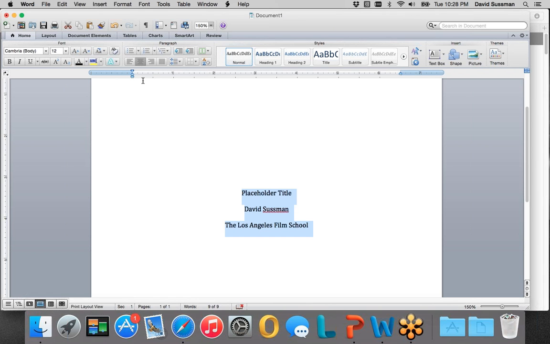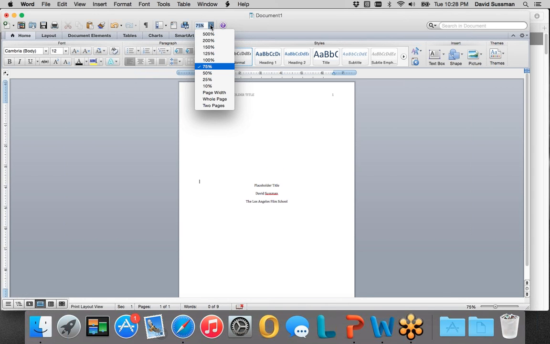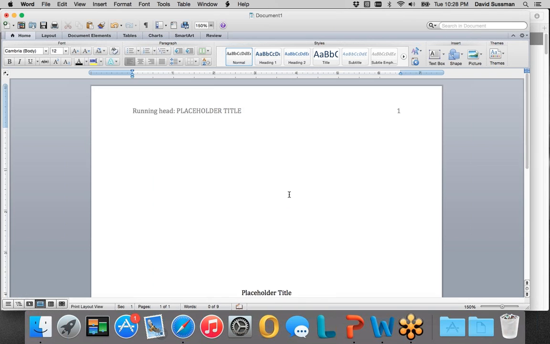And this also establishes double spacing for the entire document, so I don't need to double space anywhere else. We're already set up. The other thing we need to do is make sure this information is more or less in the middle of the page, and you can just do that by eyesight. It looks like it needs to be bumped down a little bit. That looks good. Boom, there's our cover page.